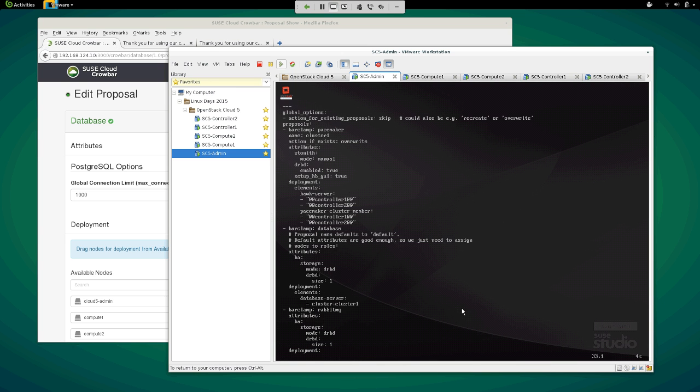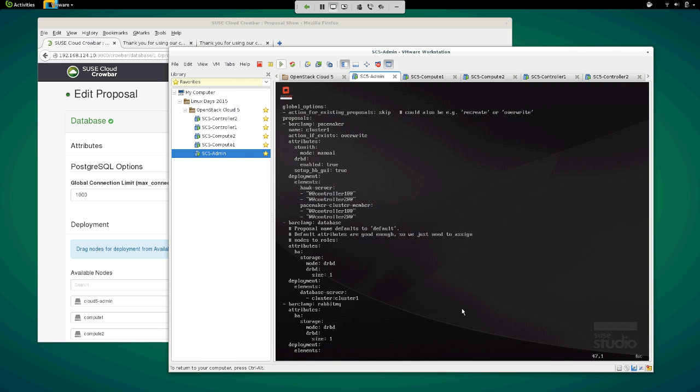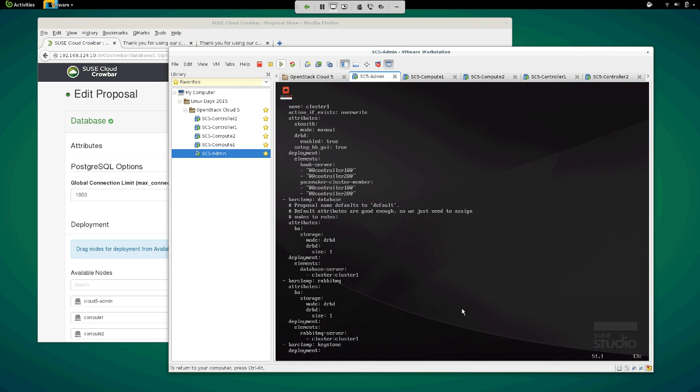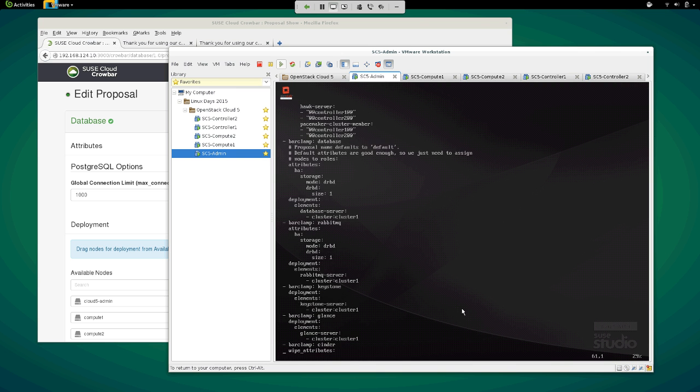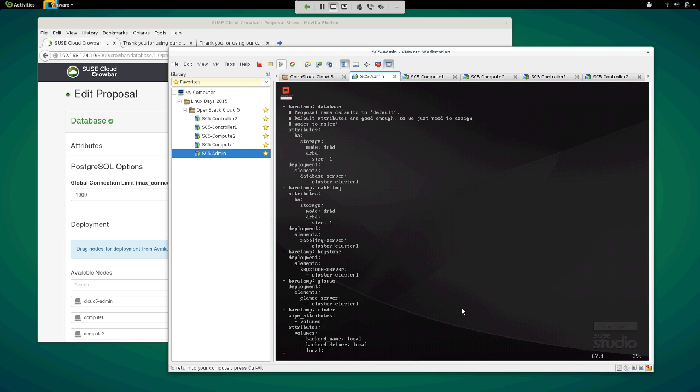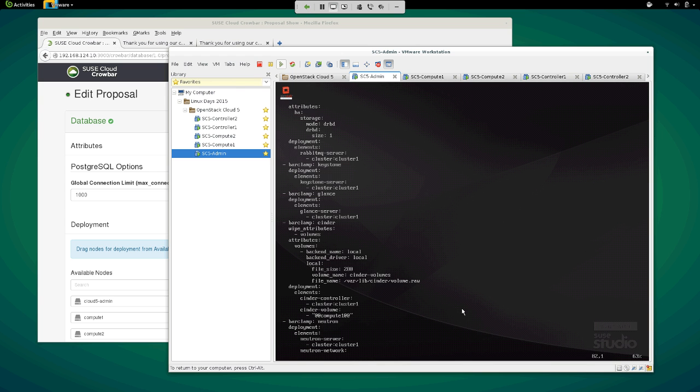It's got DRBD set up for the storage infrastructure. If you keep moving on to the messaging queue, it also has DRBD in the cluster. So each component of OpenStack is in here. You'll notice Keystone and Glance, Cinder. It's a very simple configuration, and it's easy to configure through the YAML format.